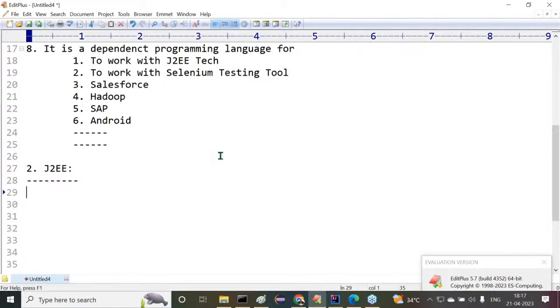First of all, the abbreviation. What is this J2EE? Java 2 Enterprise Edition. What is the abbreviation? J2SE is Java 2 Standard Edition. J2EE is Java 2 Enterprise Edition. Clear? J2SE has provided the fundamentals of Java. But